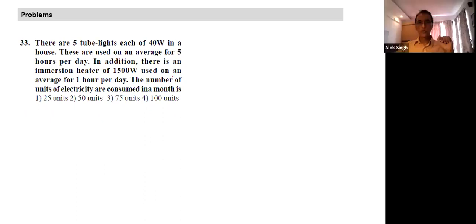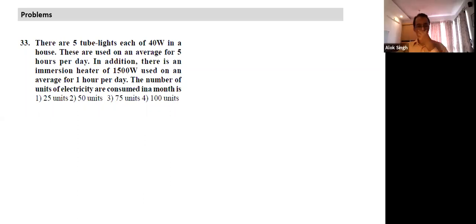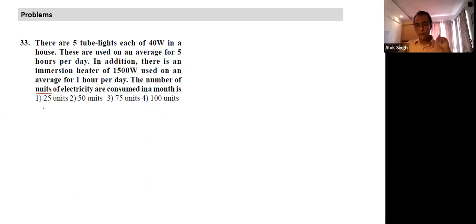Okay. So let's look, can we solve this question here? There are 5 tube lights, each of 40 watt, in a house. This is the question. Can we easily solve this question, all of you? Similarly, what we have to keep in mind is what we need to calculate here: the number of units. How would I calculate the number of units? The number of units is energy, which is the product of power, which must be written in kilowatts, and the hours of operation, or time of operation in hours. Can we calculate the number of units here, all of you? A simple calculation.